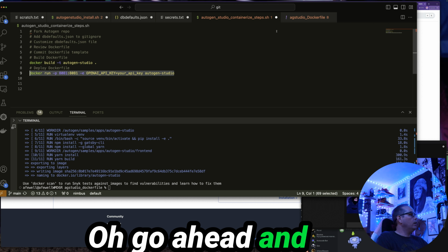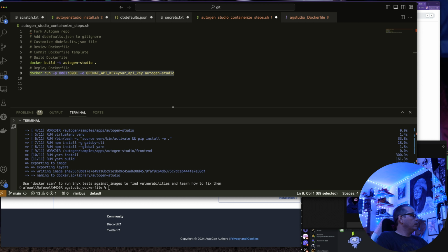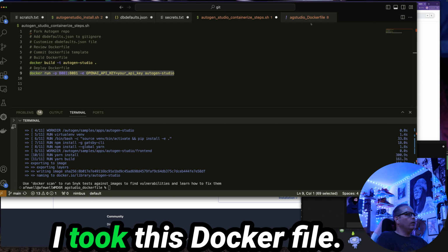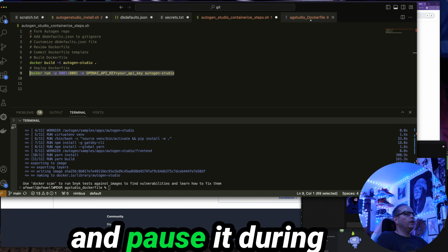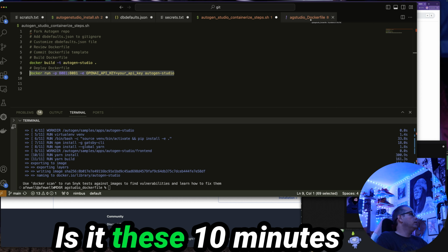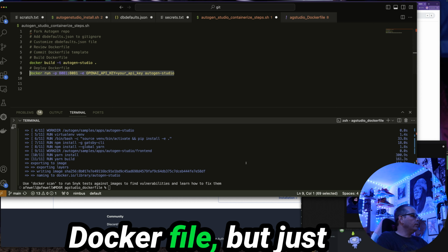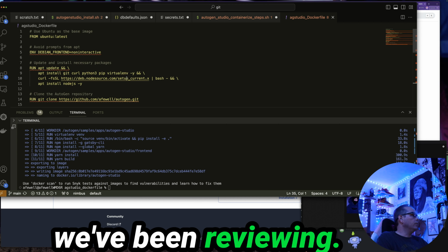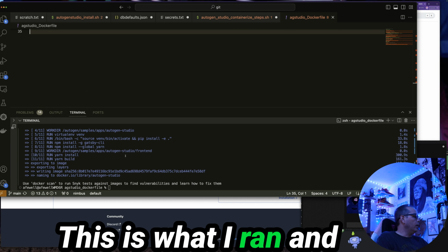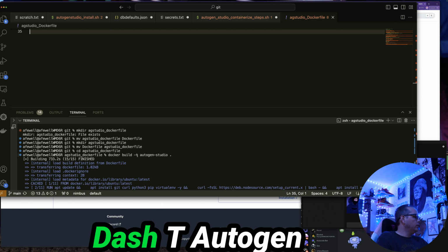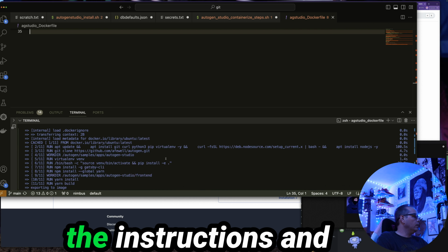Now, I just did the Docker build. I took this Dockerfile, and I paused the recording during the Docker build because it took at least 10 minutes to build. But just to reiterate, this is the exact Dockerfile we've been reviewing. This is what I ran, and you can see here docker build -t autogen-studio, just like in the instructions,